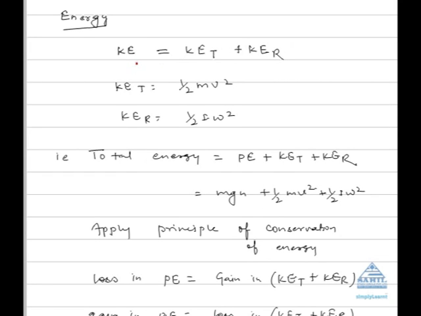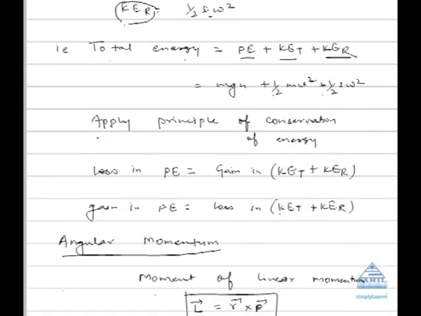Energy in rotational motion. Kinetic energy of a body in rotational motion is of two types: kinetic energy of translation plus kinetic energy of rotation. The total kinetic energy of a body is the sum of kinetic energy of translation plus rotation. The kinetic energy of translation is equal to half mv square, whereas the kinetic energy of rotation is equal to half I omega square. The total energy of a body in rotational motion is always equal to the sum of potential energy plus kinetic energy of translation plus kinetic energy of rotation. That is, mgh plus half mv square plus half I omega square. If you apply the